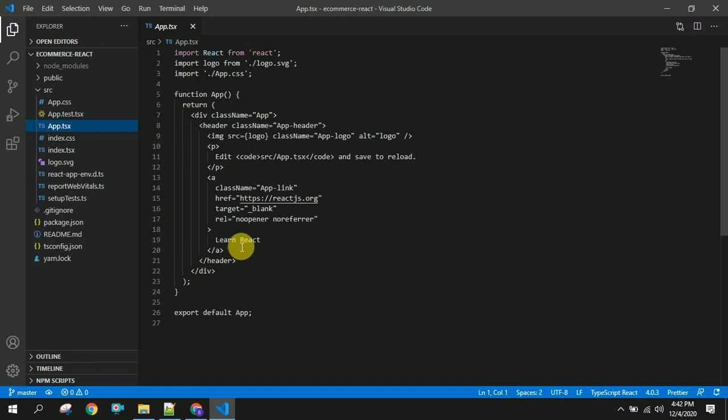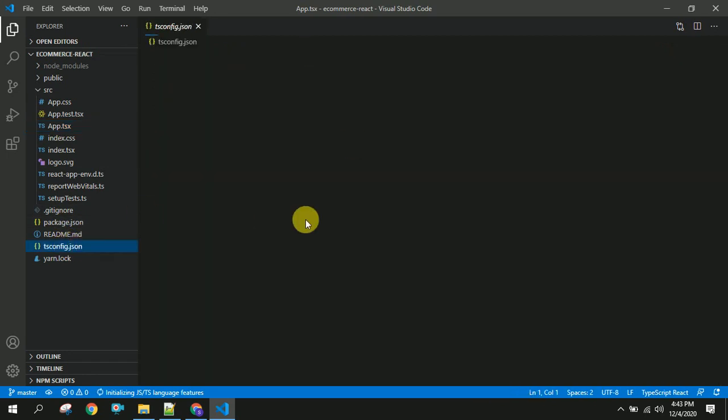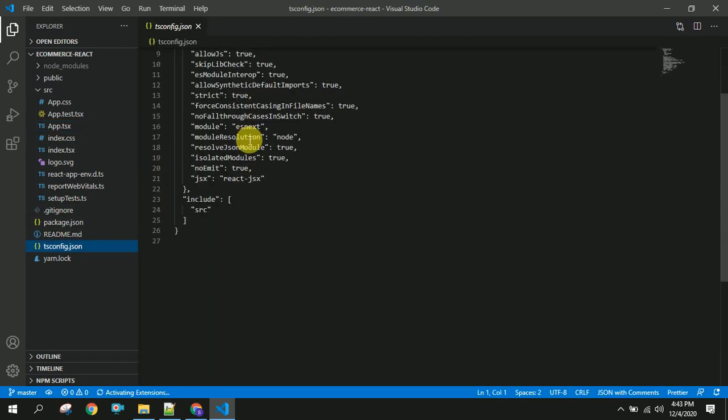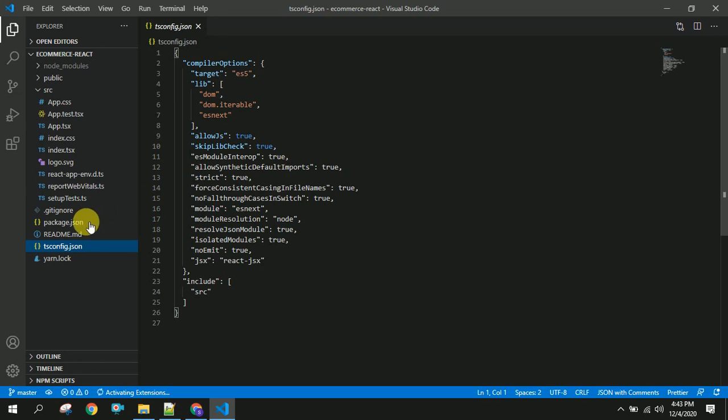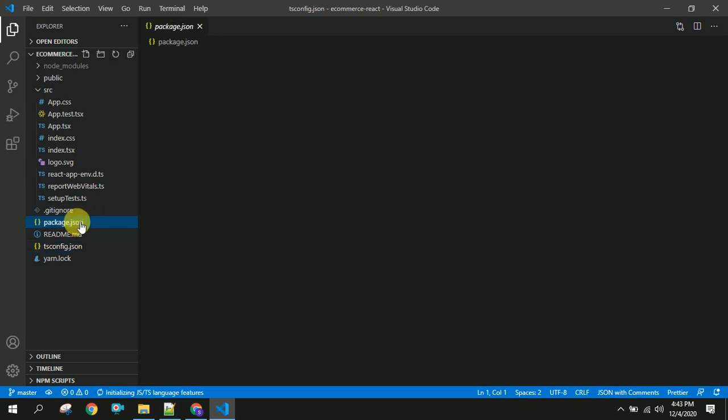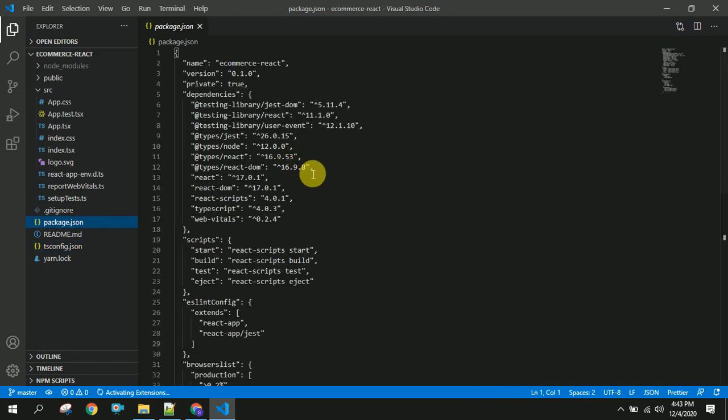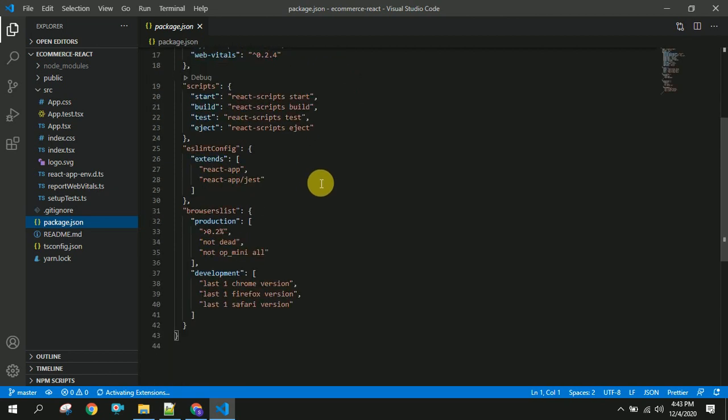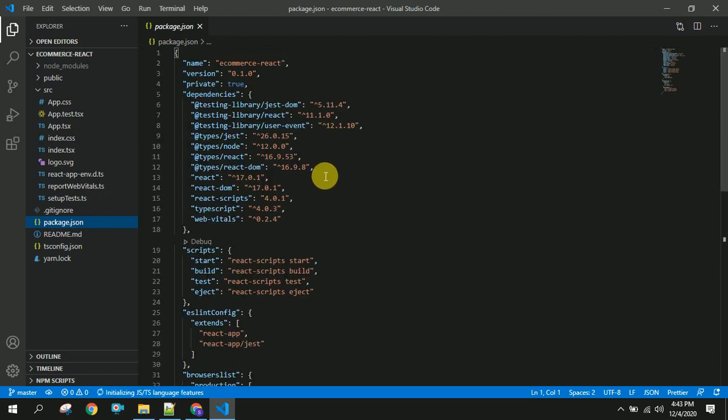Even though you are using TypeScript, most of the code is the same as React.js JavaScript code, but the type syntax, interfaces, and static type checking will add some extra code to your application. Now I am going to show some TS config, where we will have the TypeScript configurations here. And next, coming to package.json, which will consist of all the packages we are going to install in our application, like npm packages and all.